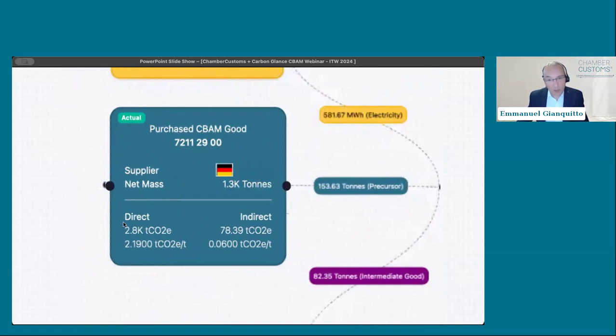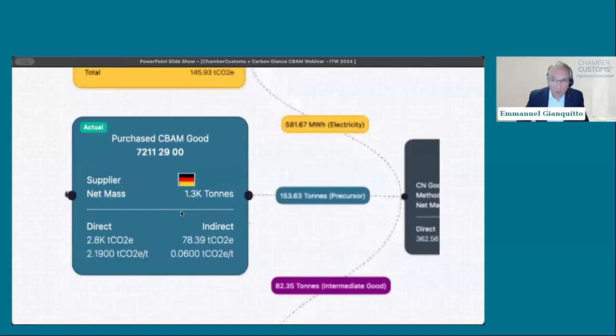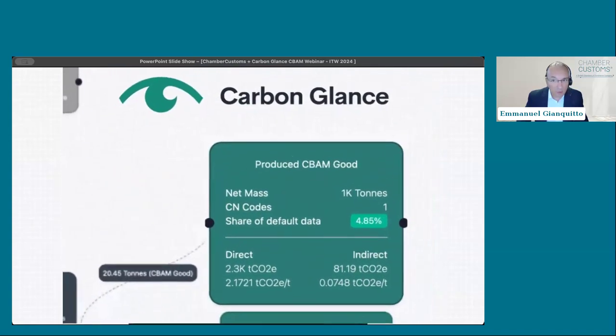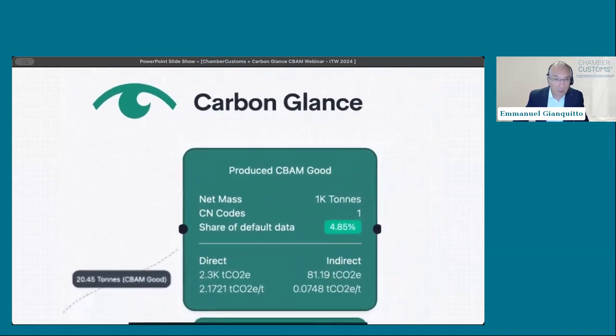So we know the amount of carbon that was added in this 1.3 ton of metal product, metal bars probably, that flows into the final product. And here we have something that is green, which contains an amount of estimation that is allowed by the EU.